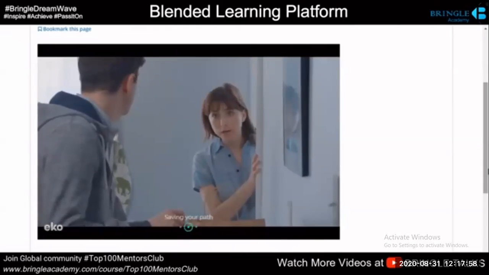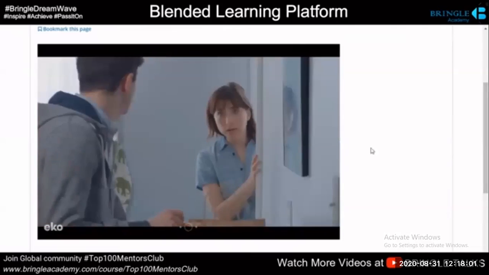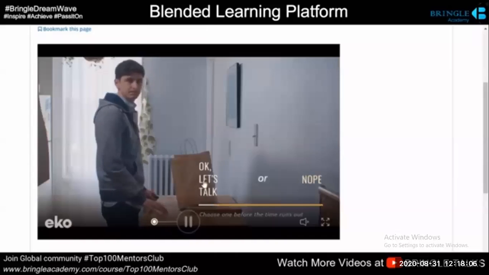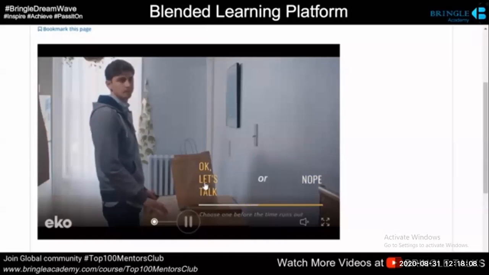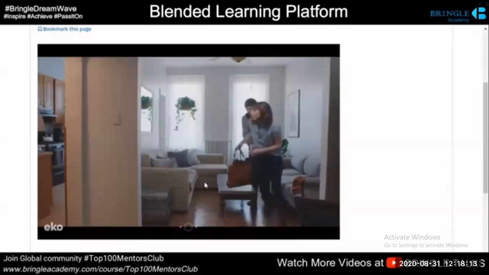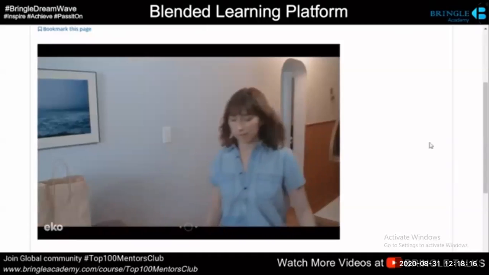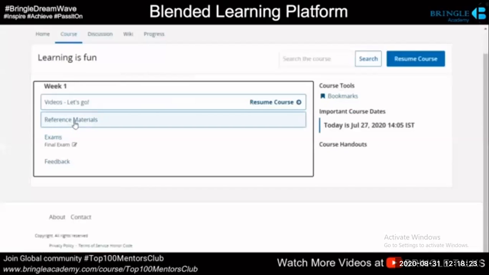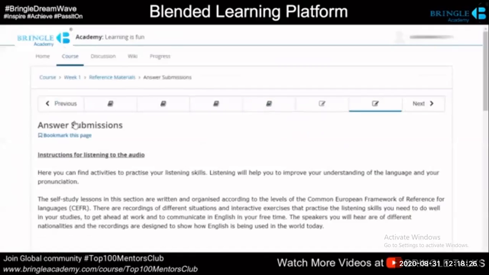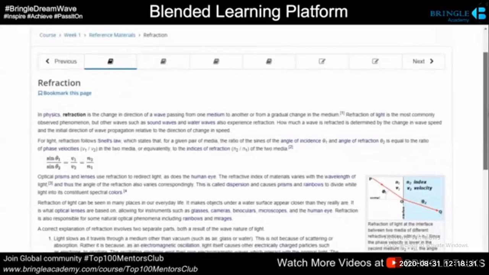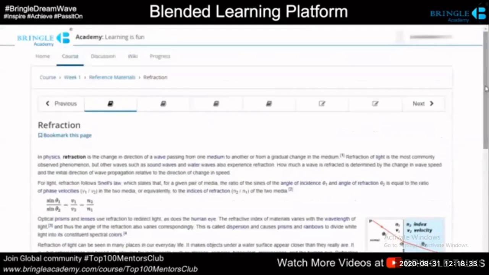If the learner picks option A, a particular video will play, and if the learner picks option B, a different video will play. Let's say I'm just picking option A, the next video that plays is going to be completely different, right? So it's kind of build your own story. We expose the learner to decision points, and based on the option that the learner chooses, the next set of videos is going to play. It's called branching scenarios. And that's going to be really helpful when you want to give a case study kind of approach and you want the learner to make decisions and understand the consequences of the decision.